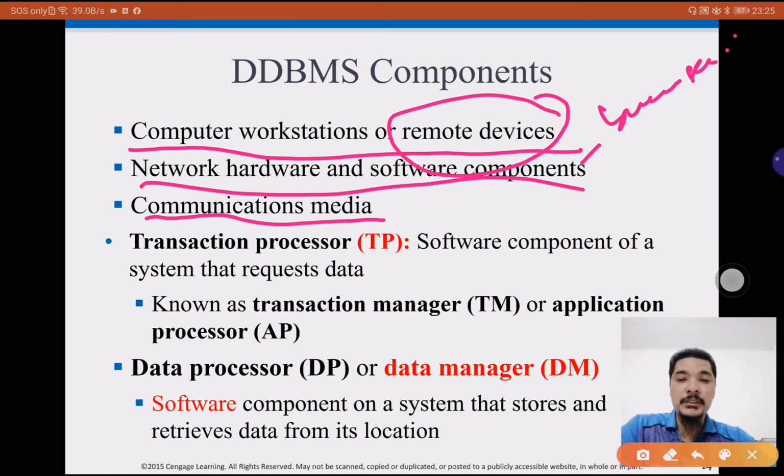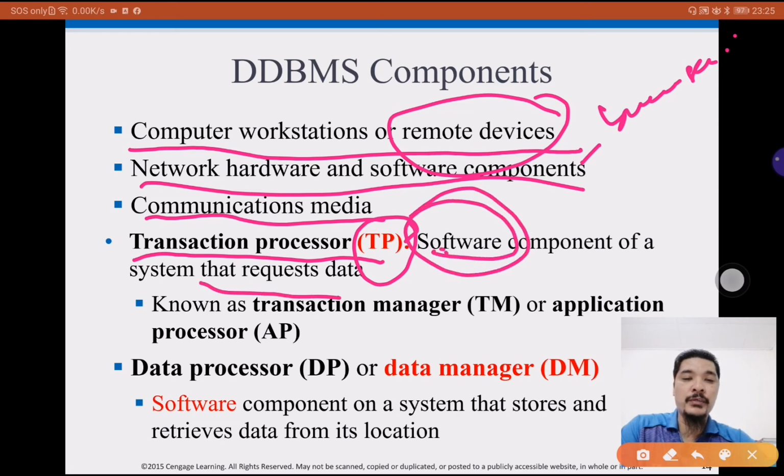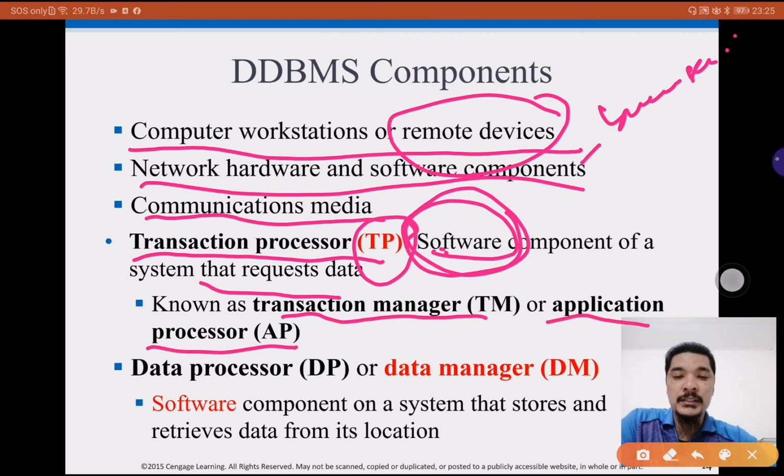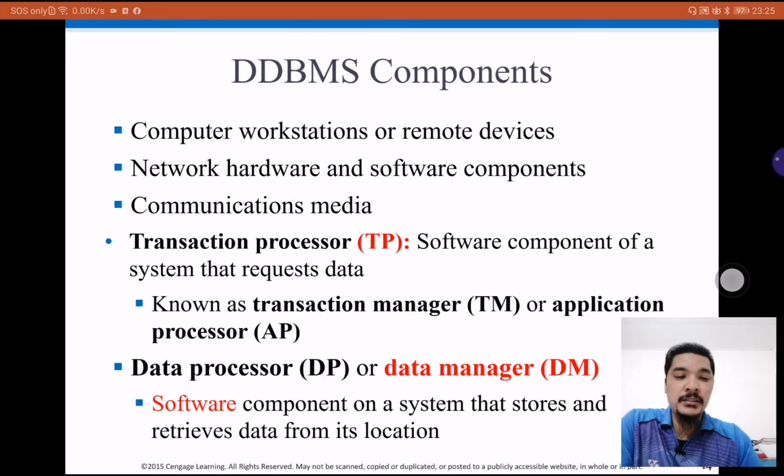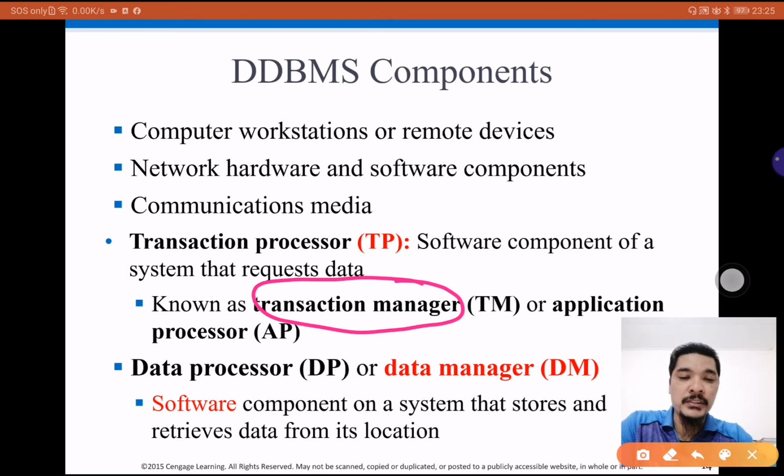And the next one, kita ada transaction processor ataupun TP here. Software component of a system that request a data. This is what we call a software. Kita kena ada software tertentu untuk request the transactions of the processor, known as a transaction manager or application manager. So that's why kat sini kita back to the previous topics, iaitu transaction. Kita dah talk about this in details. So maknanya akan berlaku something in between, ada transaction. Okay, the next one,